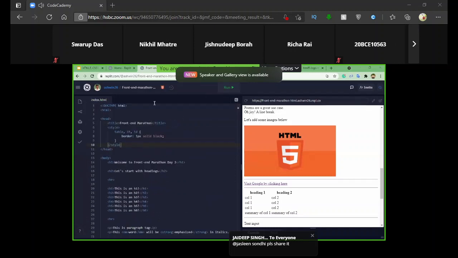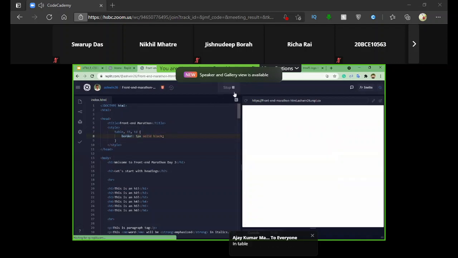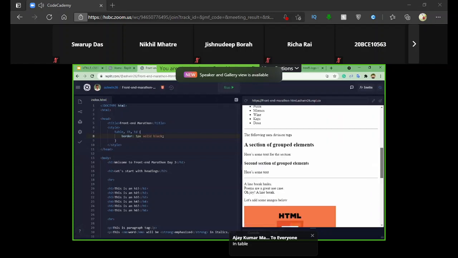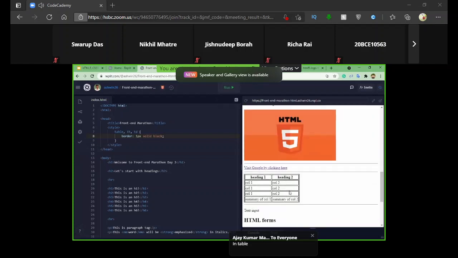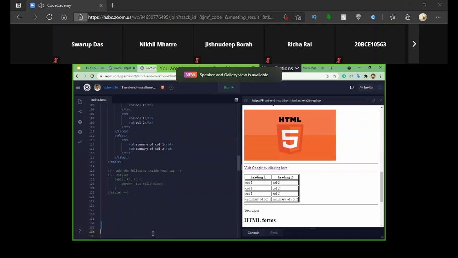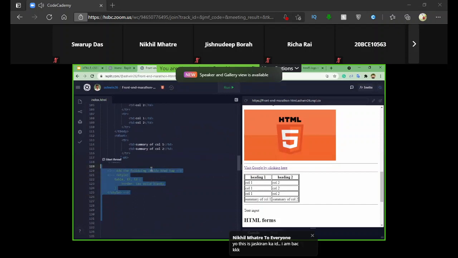So we provided this style where we provide the border for table, th, and td elements with a border of 1 pixel solid black. Okay. So when I run this, you will see there is a border applied to this table, as you can see over here neatly, right? So that's what CSS provides us. It provides us with the styling part of the website.